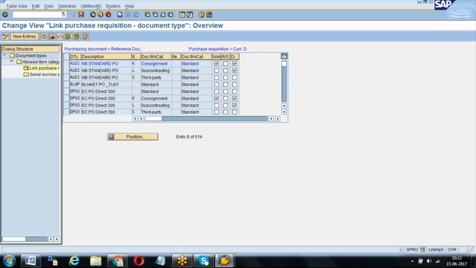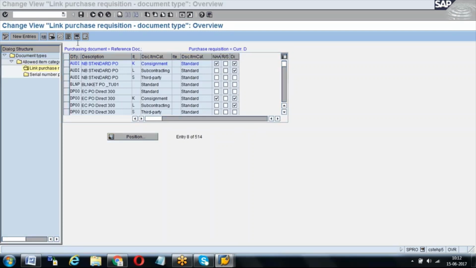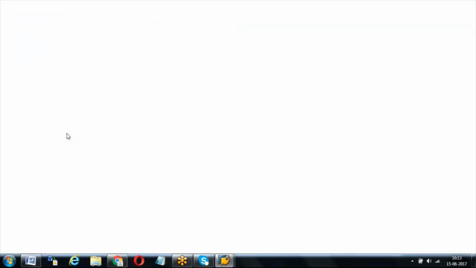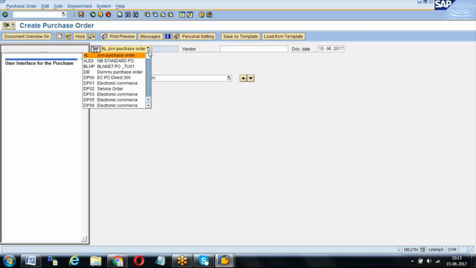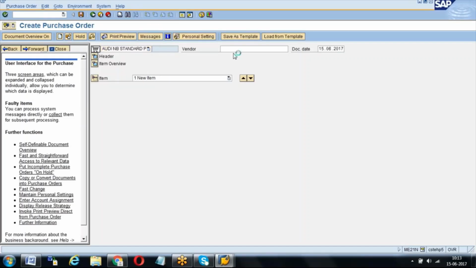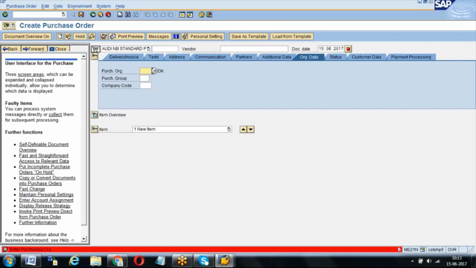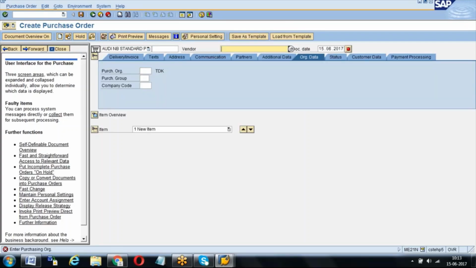When you go and, for example, item category K you are giving, some RD is there, right? RD NB standard PO. GKV8, GPOR.